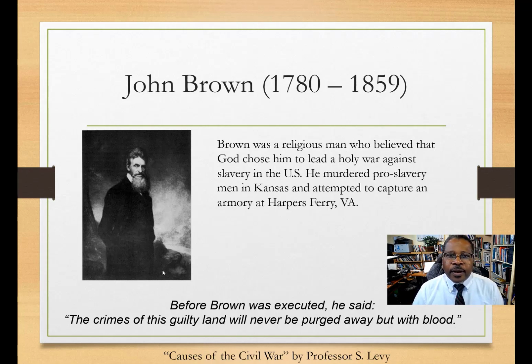John Brown believed that violence might be necessary. And he would have these visions from God. He said he was like Gideon, God's instrument, God's sword, and he would lead this holy war to end slavery